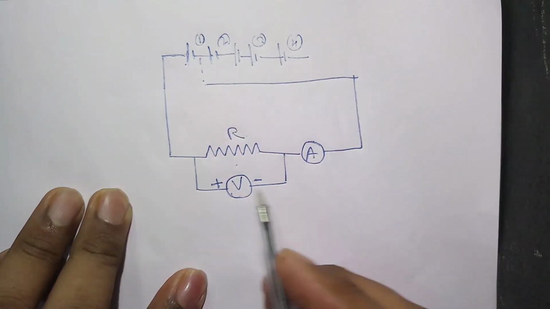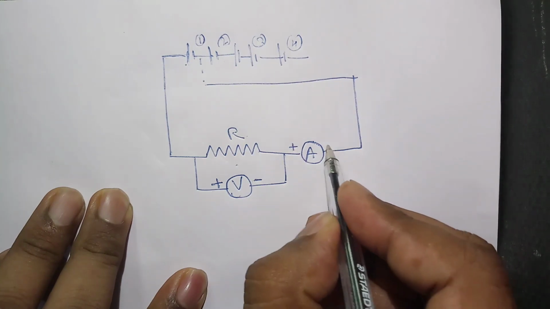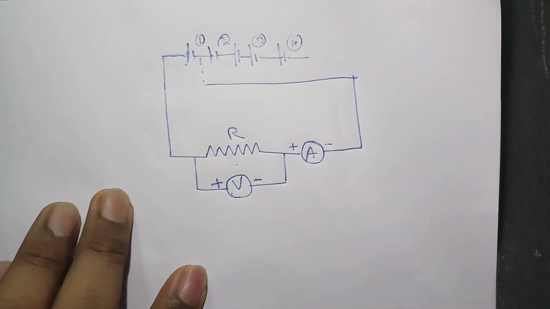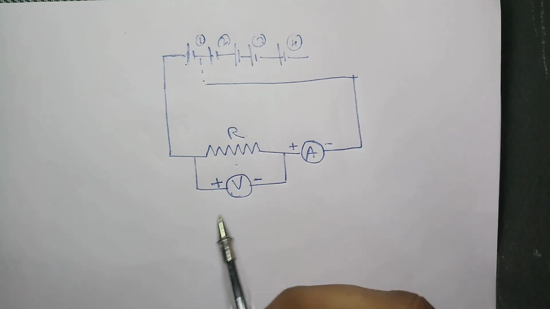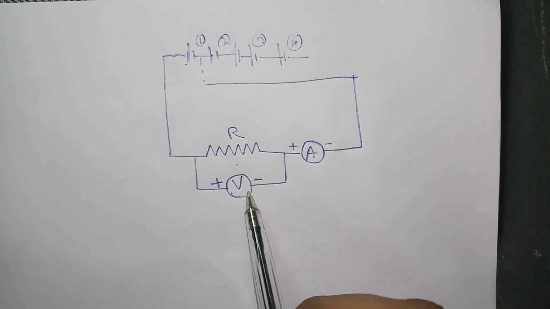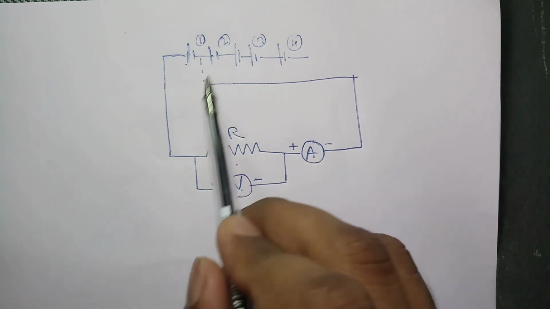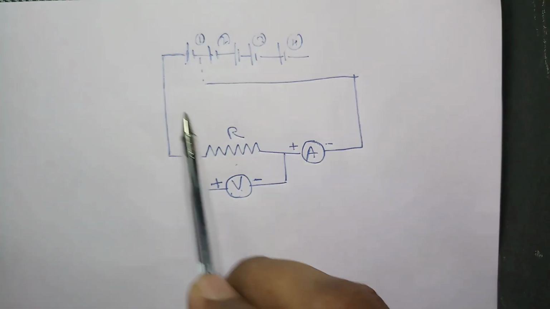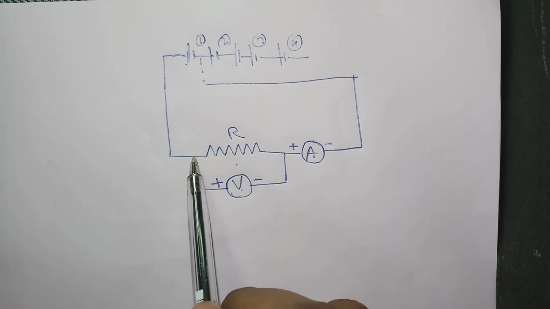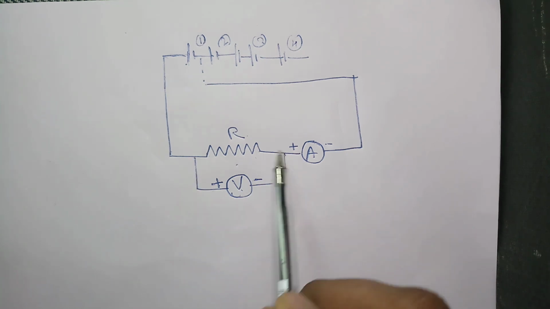For this one also it is connected like this. So here it will be positive and here it will be negative. Now what we have to do is check how much is the voltage, or the potential, across this resistance for different values of current. Or you can say it the opposite way also: if you apply different potentials here, how much is the current